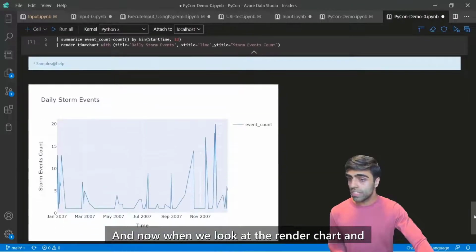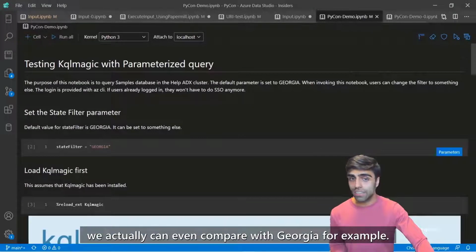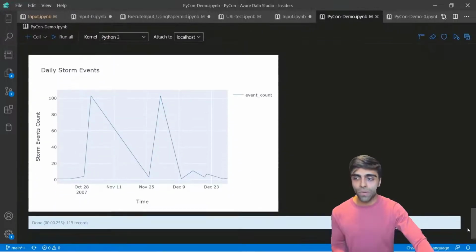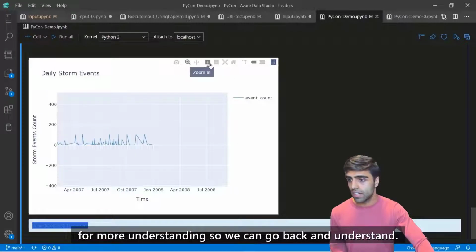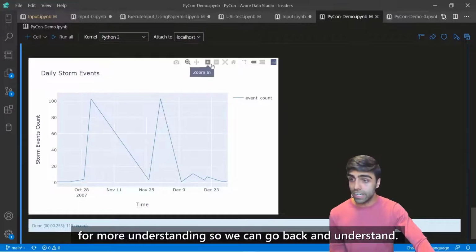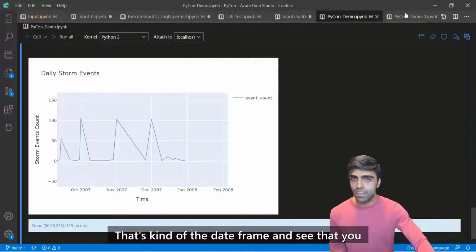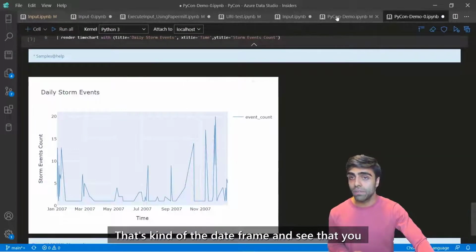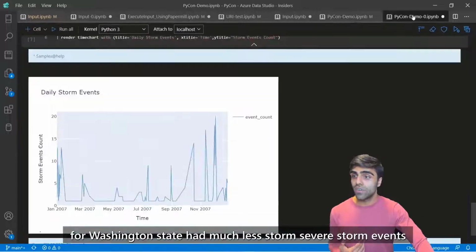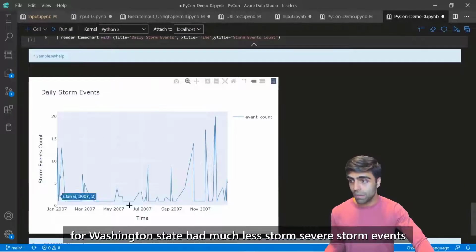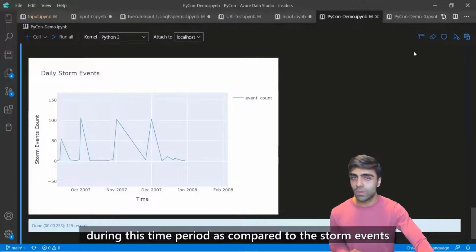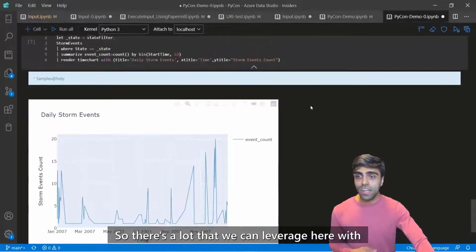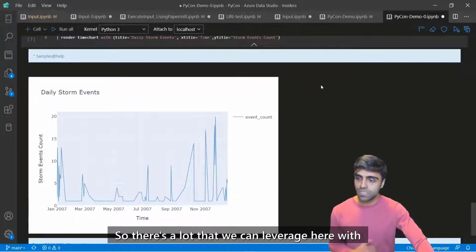And now when we look at the render chart, we actually can even compare with Georgia, for example, and just panning out for more understanding. So we can go back and understand that's kind of the date frame, and see that, for Washington State, it had much less severe storm events during this time period as compared to the storm events of Georgia. So there's a lot that we can leverage here with parameterization, quickly